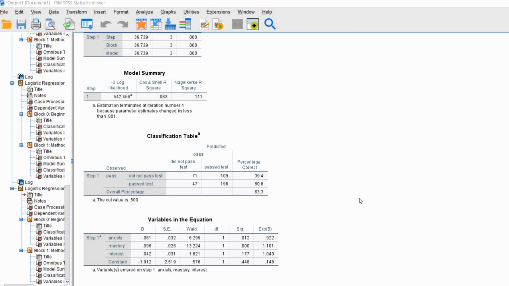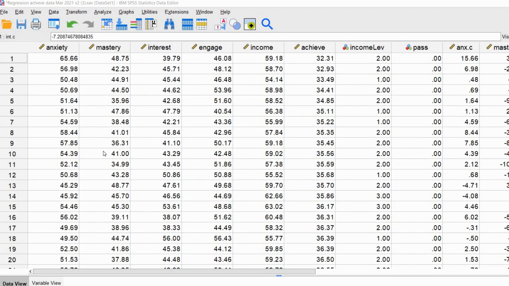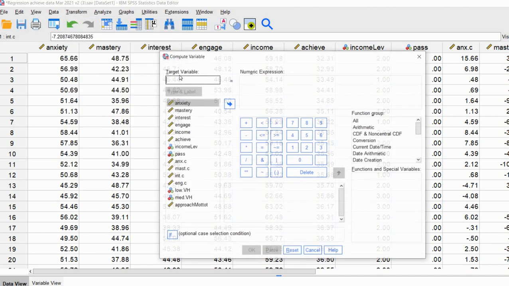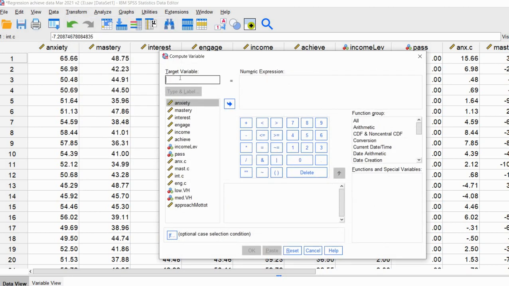So now we want to test the linearity of the Logit assumption, and what we're going to have to start off with is the Box Tidwell transformation. To perform the transformation, we will go to Transform, Compute Variable. I'm going to create a new variable for each of our predictors that we're transforming. So we'll start off with anxiety. I'll just call this new target variable